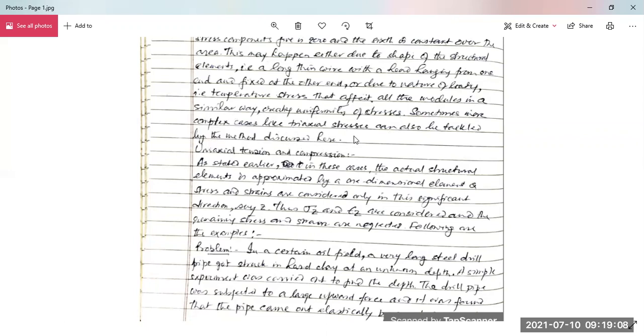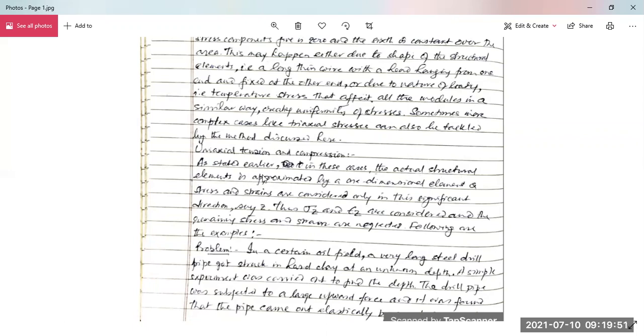Now, we have taken a gauge length of 20 centimeters, not the full length of the drill, but a length of 0.2 meter, called small l, for which the extension is 0.004 meter. So we apply Hooke's law again to this small length of the pipe. We use the same formula, delta L equals P by A into L, where P remains unchanged, A is the cross section of the pipe and remains unchanged, and E is the Young's modulus of the pipe material and remains unchanged. But delta L and L are changing.